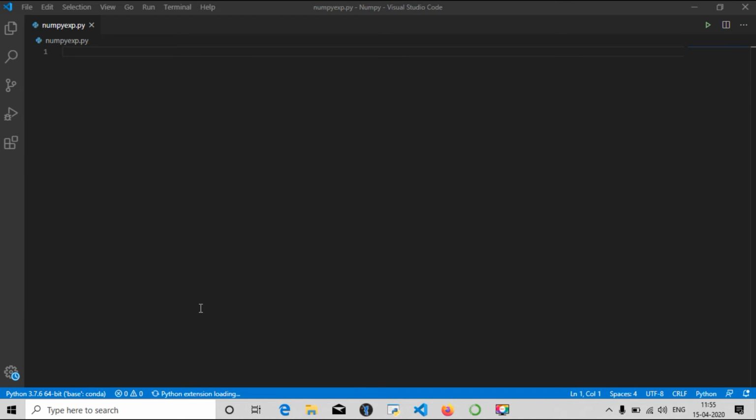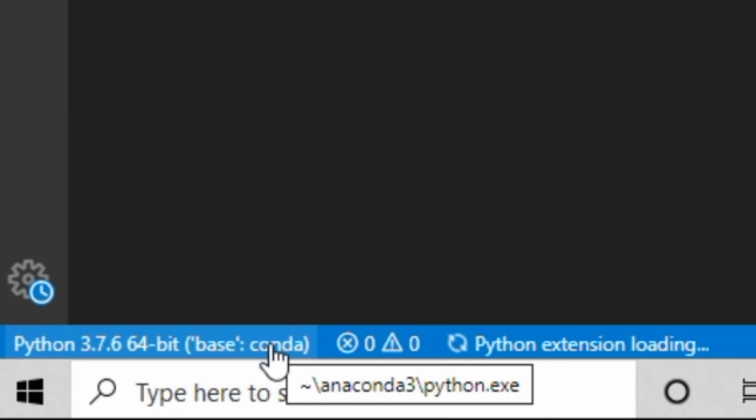Once VS Code is open, I have created an example Python file here, and you can see in the left bottom there is a line saying it is using Python 3.7 and the base environment has been activated for Conda.